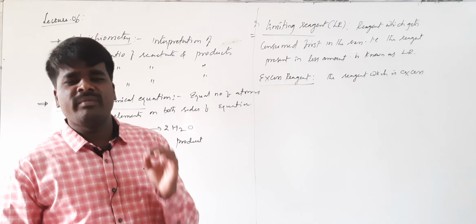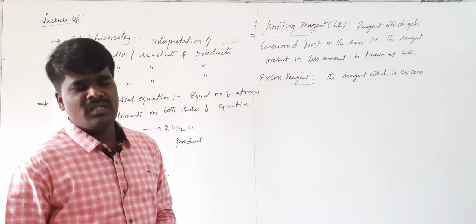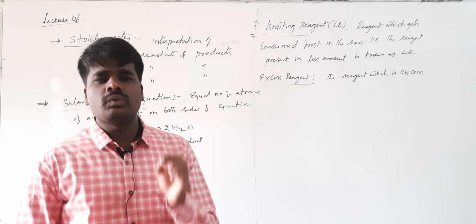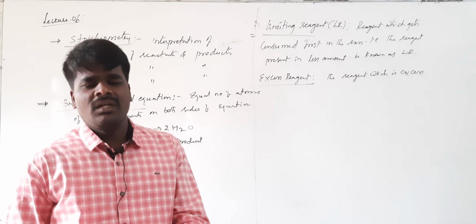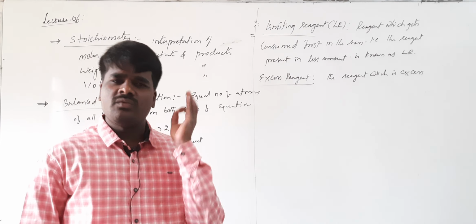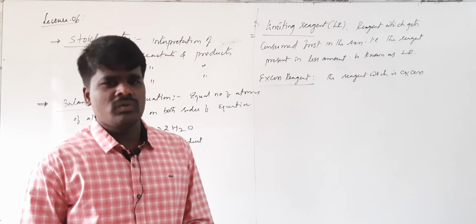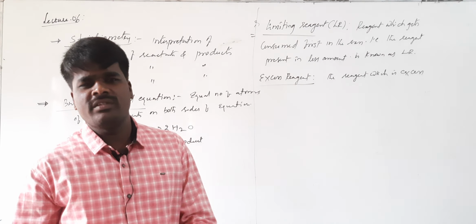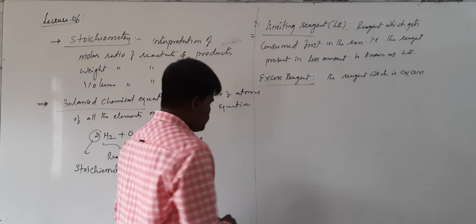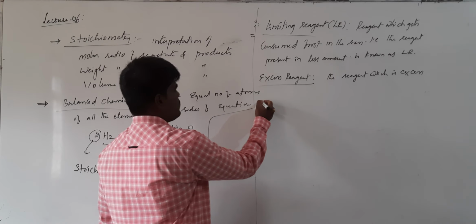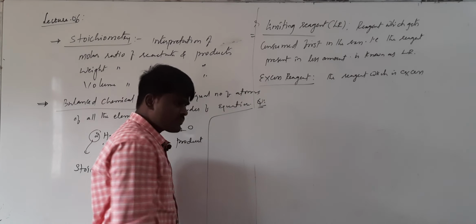The concept of limiting reagent as well as excess reagent is applicable for chemical reactions involving 2 or more than 2 reactants. If there is only one reactant, that one reactant will decide the quantity of the product that is going to form. So there is no criteria of which is limiting and which is excess. Now if you want to understand this, let us see an example in the form of a question.